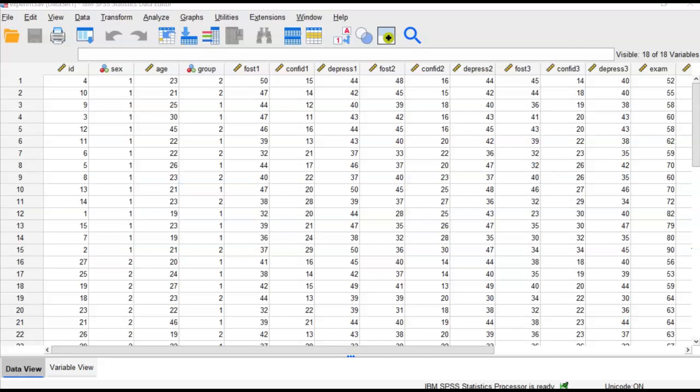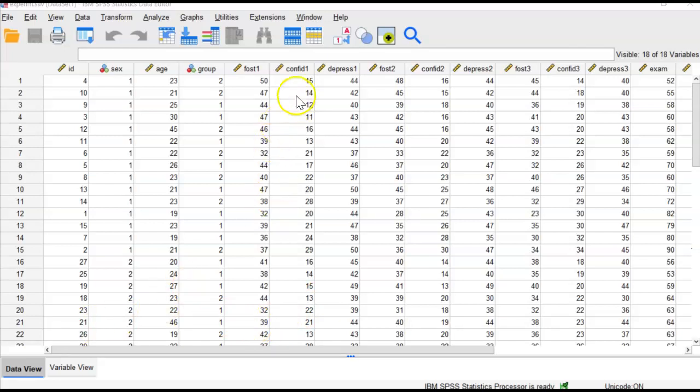So what we're going to test is whether or not there's an interaction between time, so the passage of time is our within subjects variable. We're looking at changes in confidence over time, and whether there's an effect for the type of class. The interaction is, is the effect of time on confidence, does that depend on which class the student is taking? So we're going to follow the directions that are on page 292 and 293 in your Pallant textbook